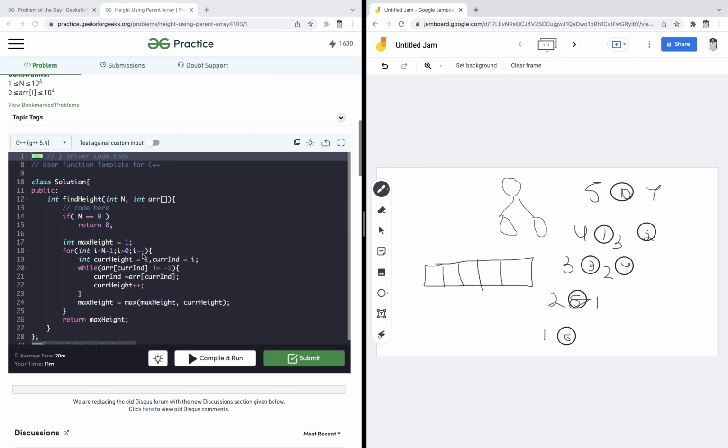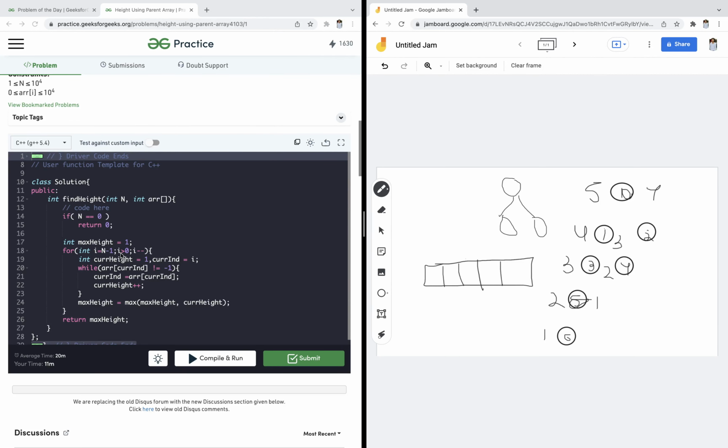So I have already solved this question. So suppose if there is no node, then the height of the tree is 0, right? No node, height 0. So let's start by creating a variable maximum height. If there is a node, then in the starting we can assume that at least the height of the tree is 1. So if there is minimum 1 node, height is 1, right? Then we are starting from the last index,